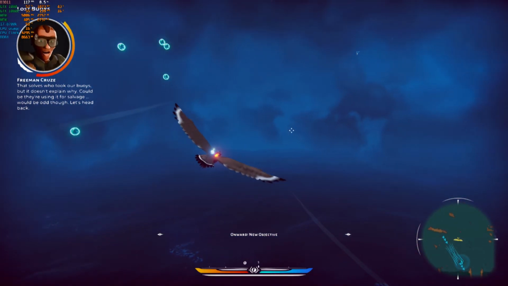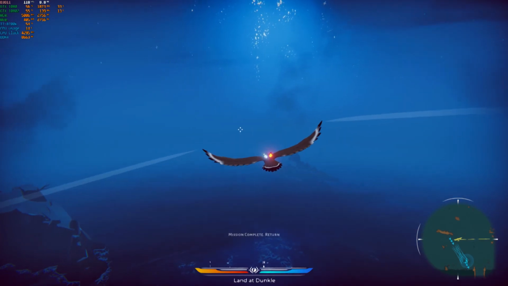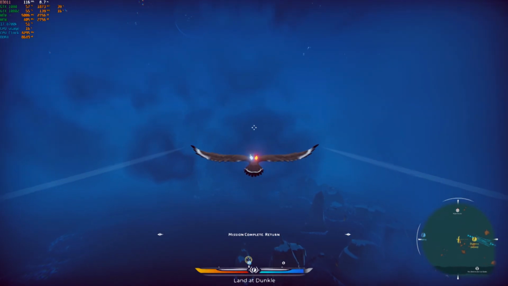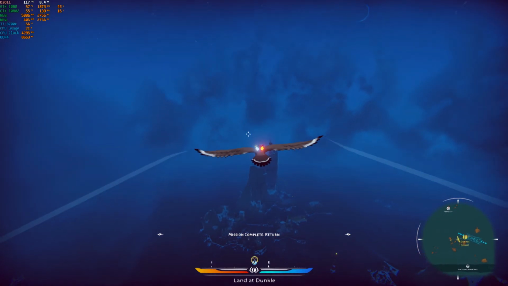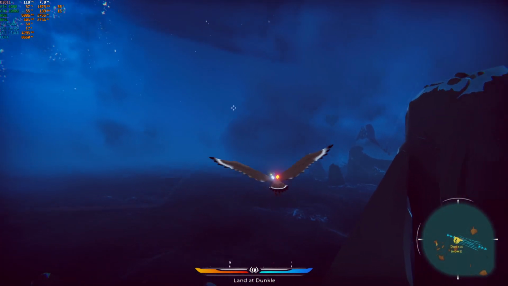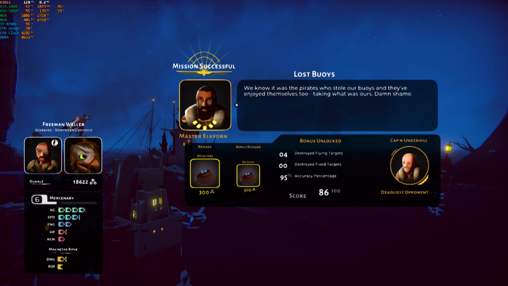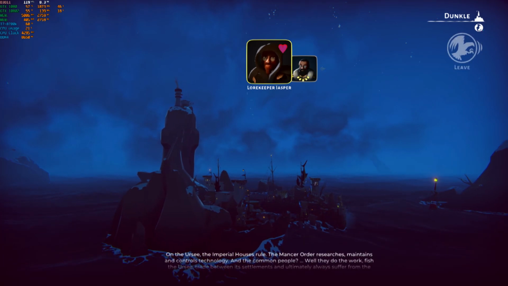Buoys, but it doesn't explain why. Could be they're using it for salvage. Would be odd though. Let's head back. We know it was the pirates who stole our buoys, and they've enjoyed themselves too, taking what's ours. Damn shame. On the Earthsea, the Imperial houses